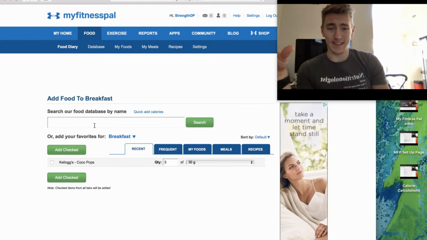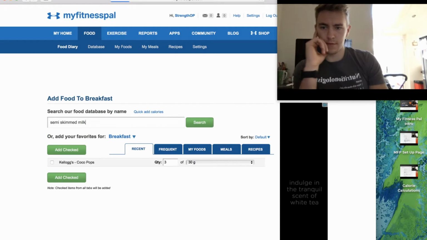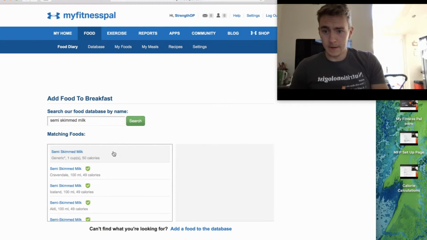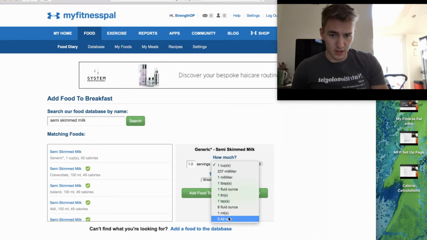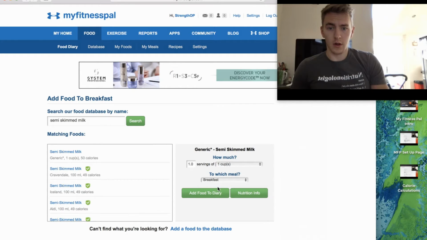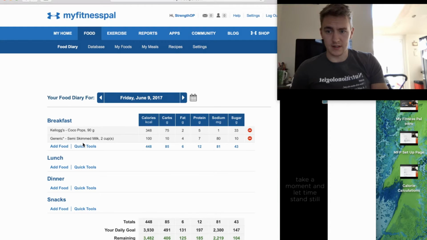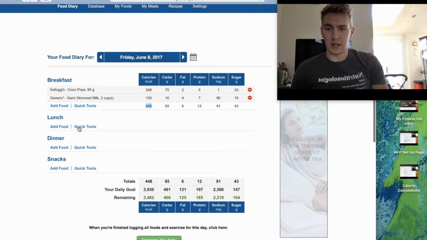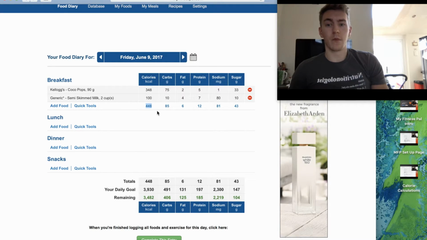So let's say I had that with semi-skimmed milk. So I searched semi-skimmed milk. First one that came up. I probably had 2 cups' worth. Again, you can change the units of what you want to put it in if you know what it is. I'll probably have 2 cups. Add to food diary. There we go. Awesome. So you can see for breakfast I've had 448 calories. Now I can go on to continue adding my lunch, dinner and snacks for the day. I won't do that, but